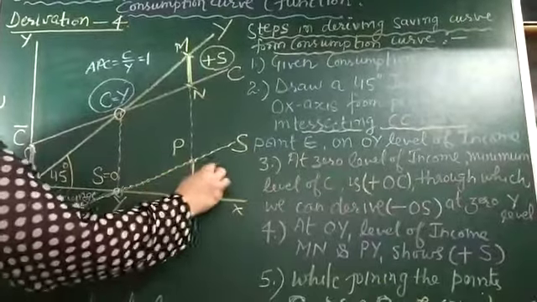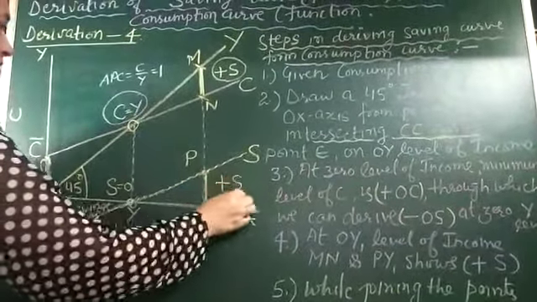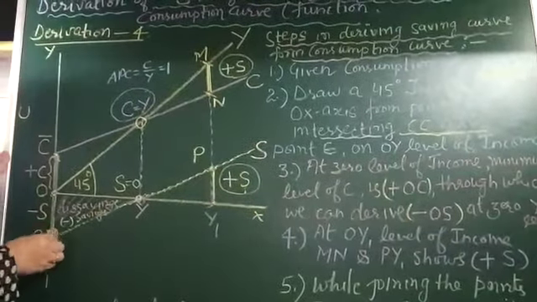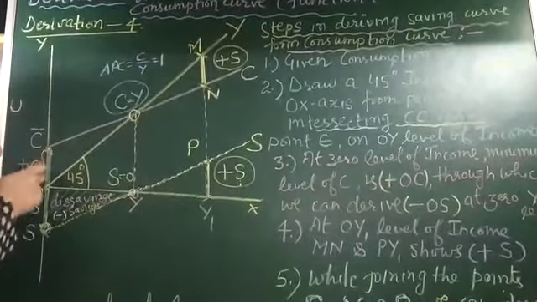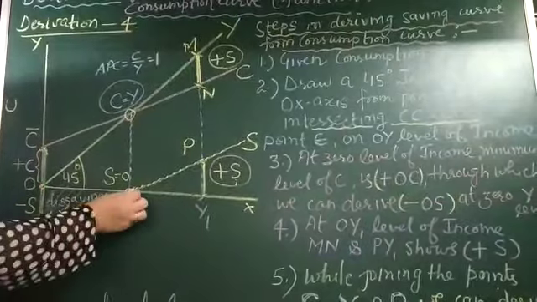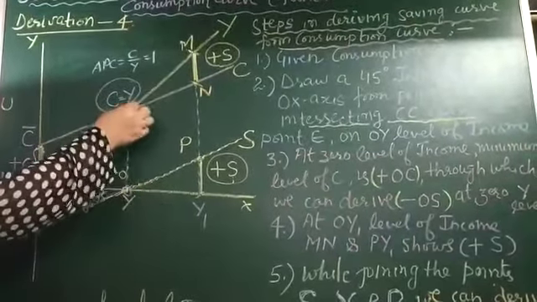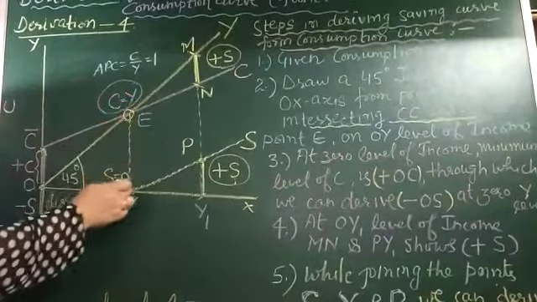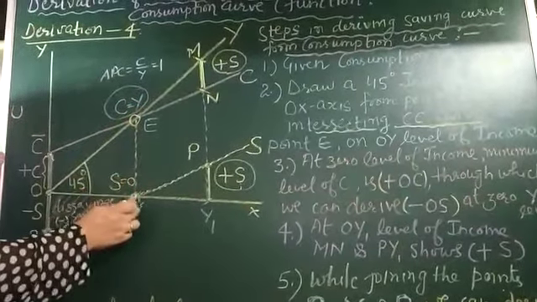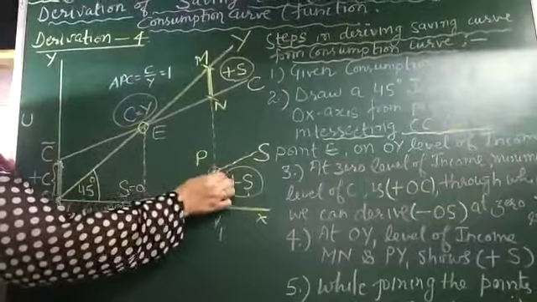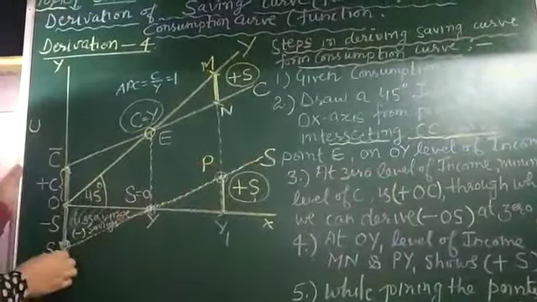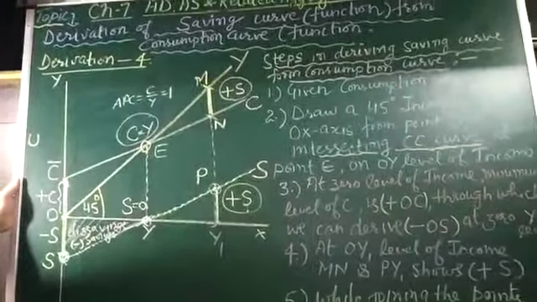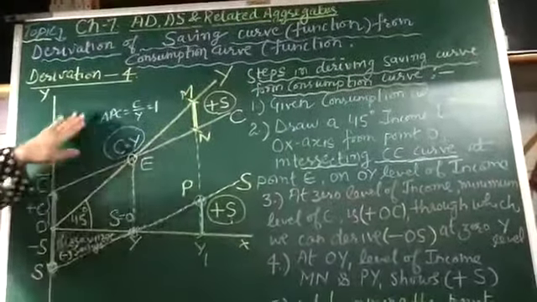And this level represents plus savings. So as well as we joined this S point, which we have derived plus consumption or minus savings, we have derived Y point from the intersection point of income or consumption E. It means here savings are 0. And also point P, while joining all these points from S, Y and P, we can obtain SS saving curve. So we have derived saving curve with the help of consumption curve.